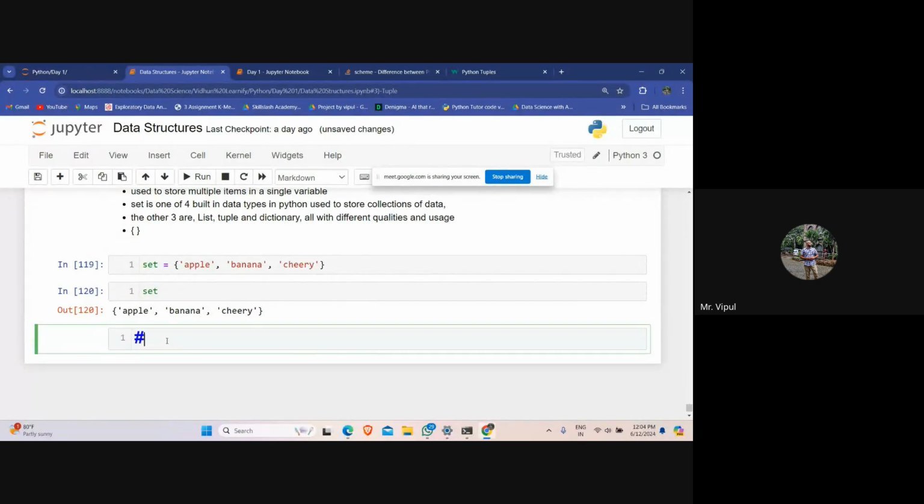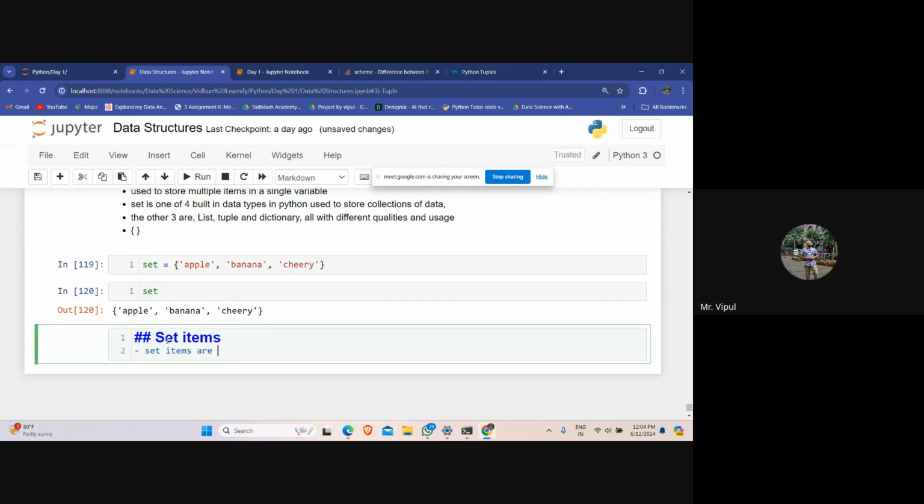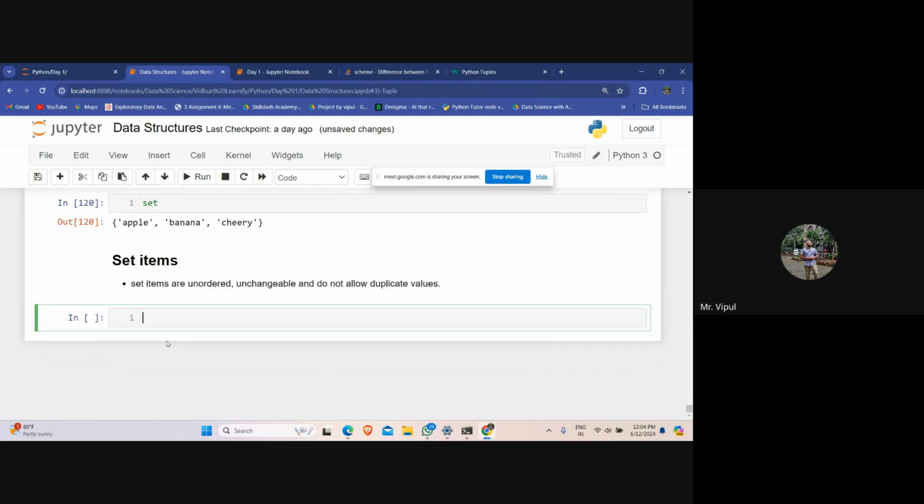Now let's just write down a few theoretical points. Set items. This is also a very important point. Set items are unordered, unchangeable, and do not allow duplicate values. Now, what is unordered? What is unchangeable?